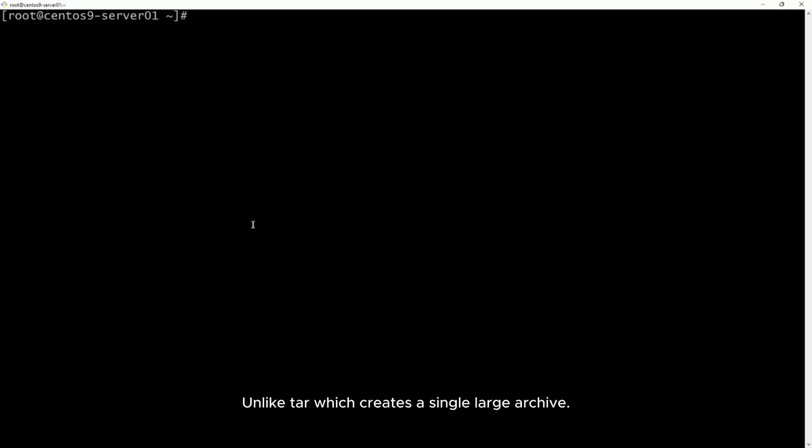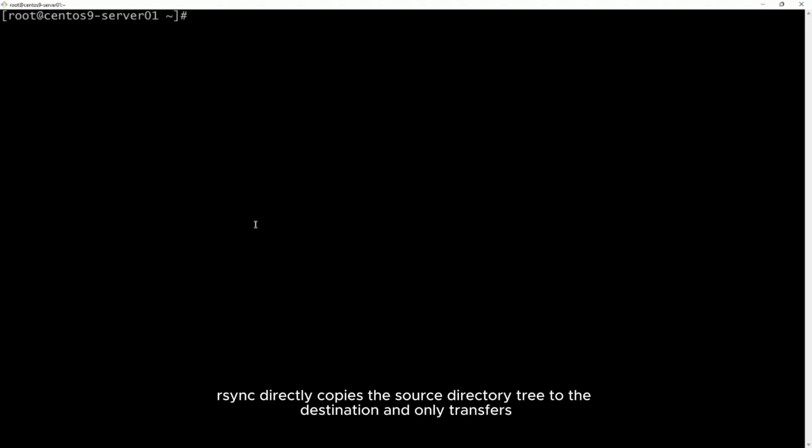Unlike tar, which creates a single large archive, rsync directly copies the source directory tree to the destination and only transfers what has changed.